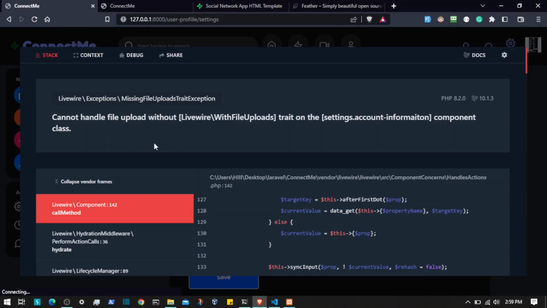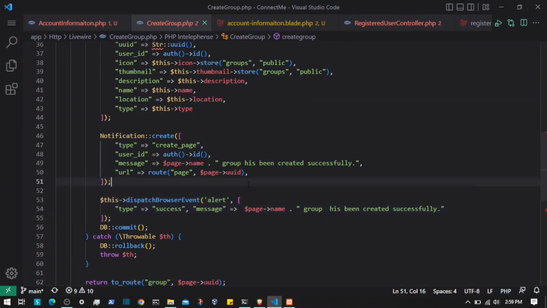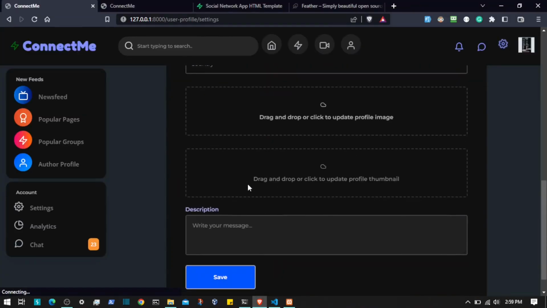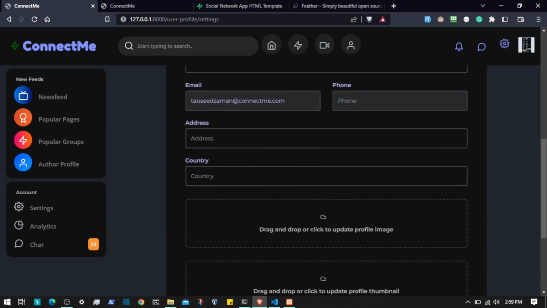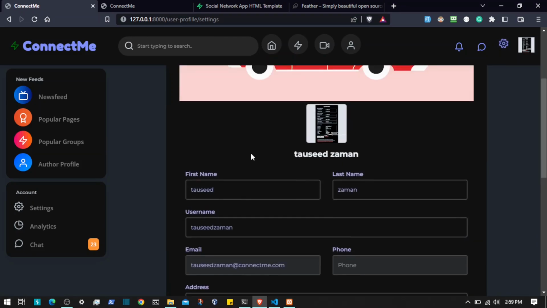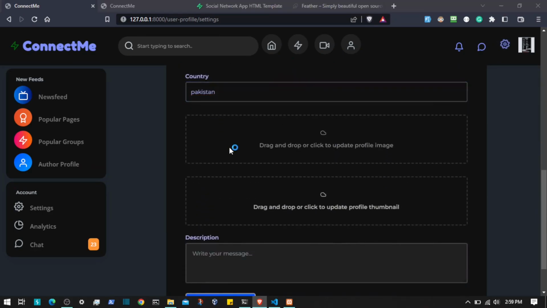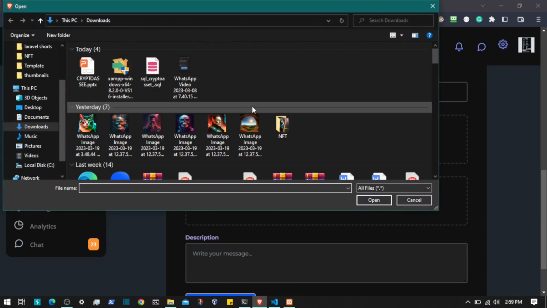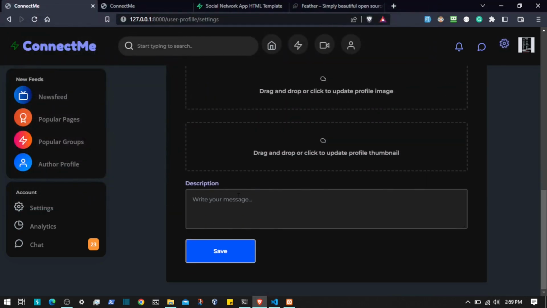Let's try it. Also we can preview the image on the UI, but maybe we can ignore that. So let's say XYZ country, those are fine. Click in, choose an image, cat. The thumbnail is gonna be this one. Let's say I am Dev. So now if I save this,